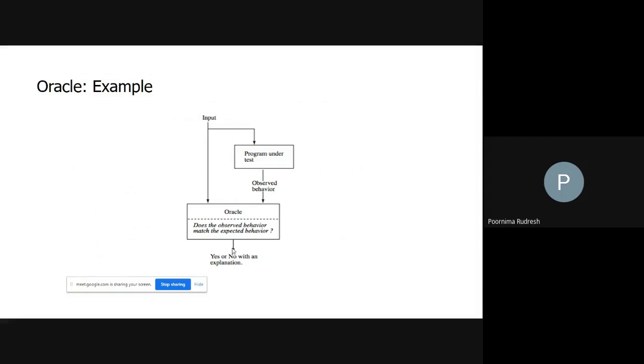What will be the explanation? Due to the causes of errors or misdefined specifications, if the specifications are not defined in the correct manner, then the expected output and the observed output will not match. So that explanation we have to give. Understood what is Oracle? When we are assessing the correctness of the program behavior, we are performing the testing process, and here the tester assesses the program correctness.